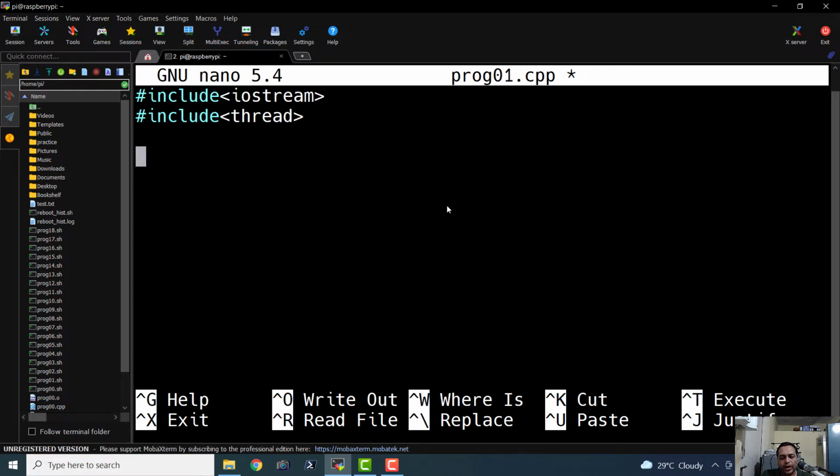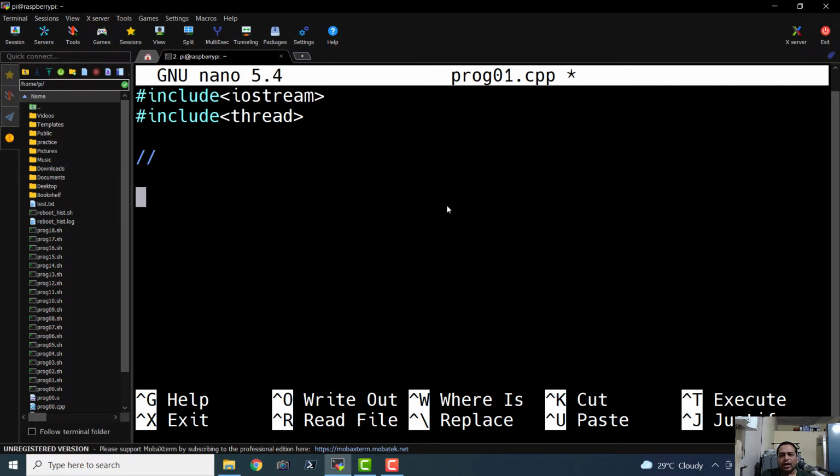Now we are going to go ahead and write a small comment here, and we are going to keep that comment empty. I'm going to paste the instruction to compile this program with the thread library.